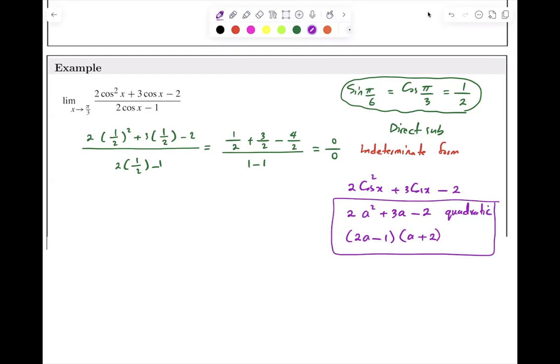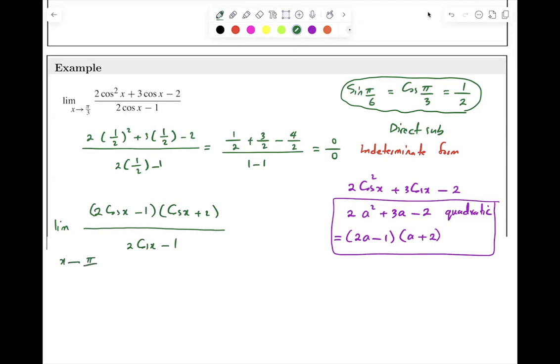So basically my numerator can be simplified, and I have the limit of 2 cosine x minus 1 times cosine x plus 2, over 2 cosine x minus 1,